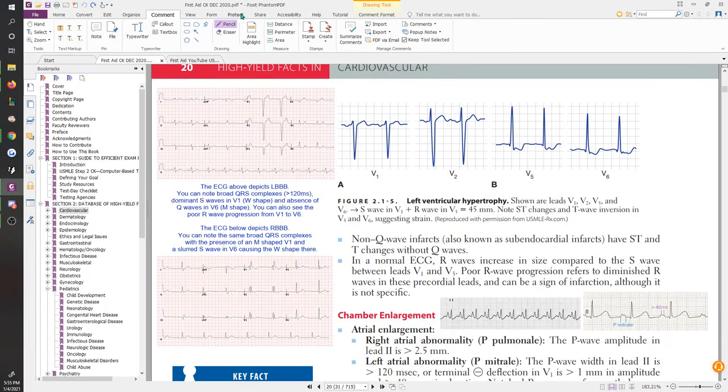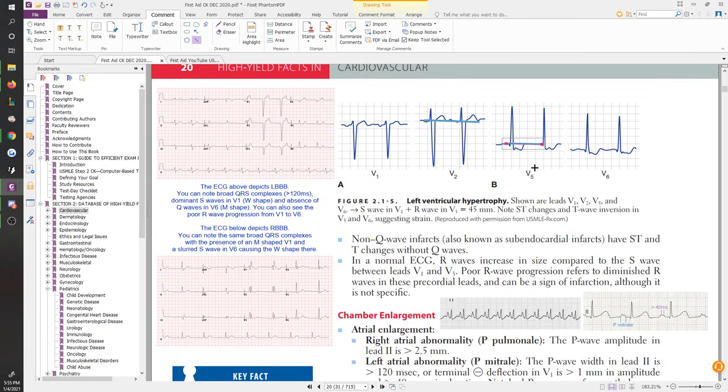So if I draw the baseline for you guys here, let me grab my line. You're going to notice, very apparent here, if I draw this baseline, you can see that the ST didn't come back down. It was supposed to be baseline, but it's got this kind of hump happening over there. And it's even more off baseline on the further right one. Okay, same thing here too. This is your baseline. You see how your ST didn't come back all the way?